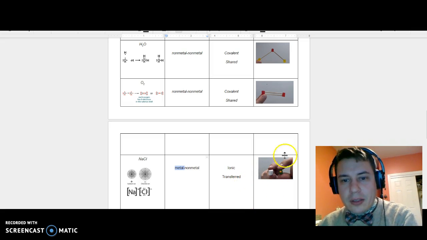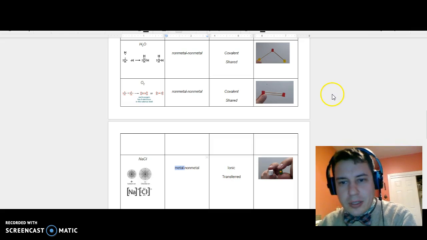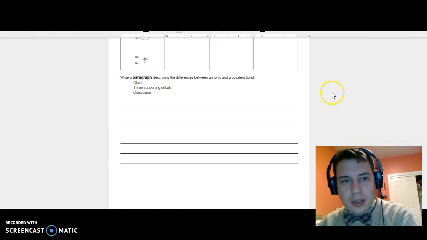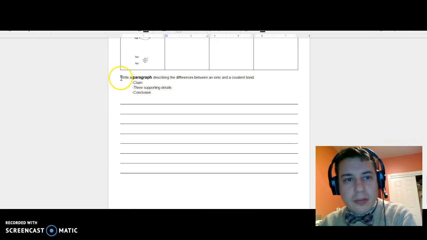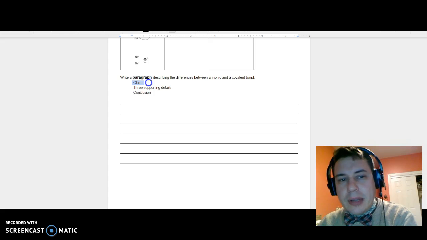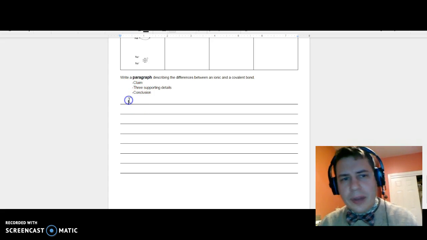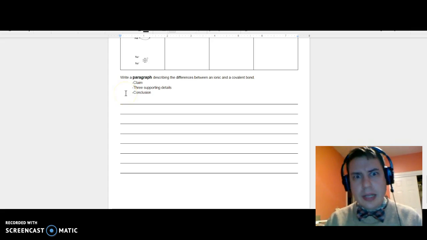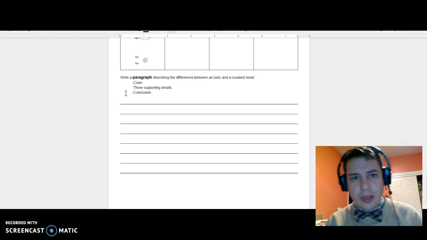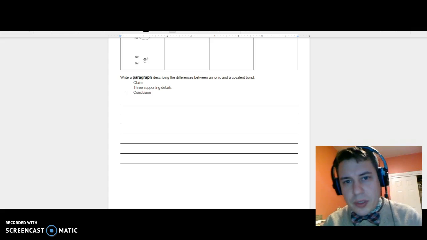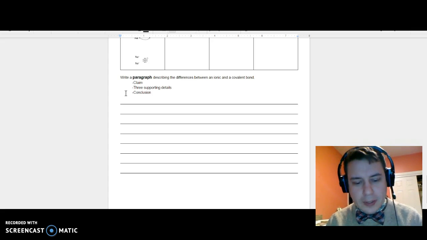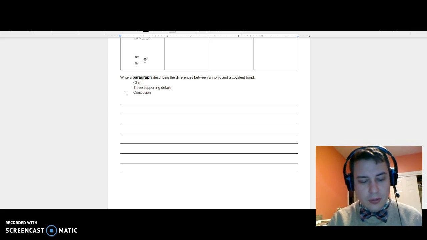All right, guys. Let's zip down to the bottom here. On the paragraph that you had to write, just like in language arts class, we're looking for that opening sentence to be a claim, 3 supporting details, and then a conclusion. This one's fairly straightforward today. A nice, easy way to start your claim is, we're looking at, is there a difference between ionic and covalent bonds? And you could say